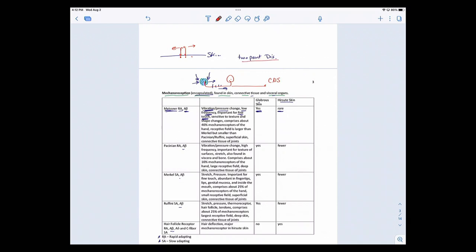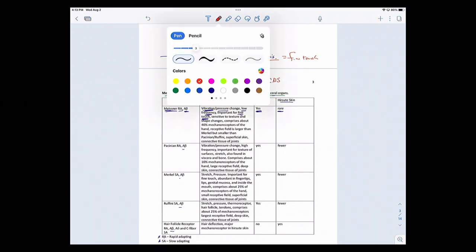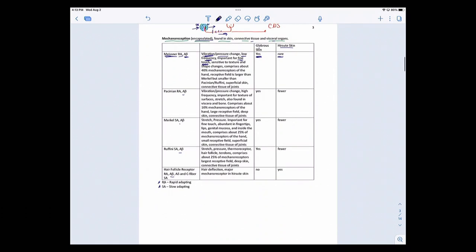So two-point discrimination is basically the same thing as fine touch. And you have multiple mechanoreceptors that are involved in fine touch. What I'm telling you is that one of the very important ones is your Meissners. Your Meissners are really good at giving you a sense of the texture of what you're touching, and shape changes, for example if you're fondling something and it's round and now it's sharper. Again, Meissners are very important for making those discriminations.